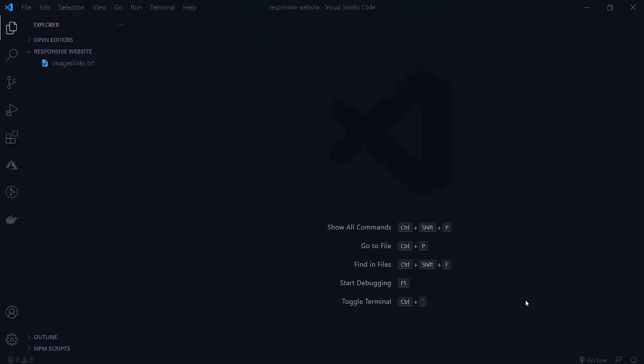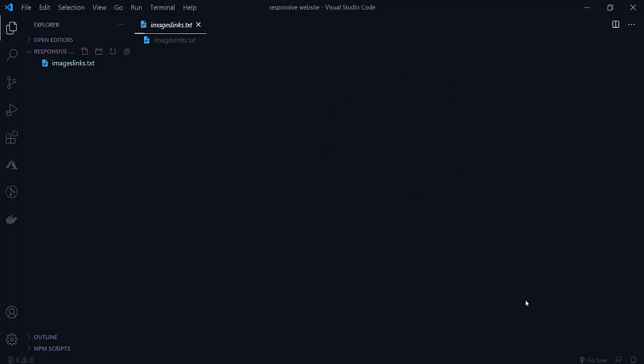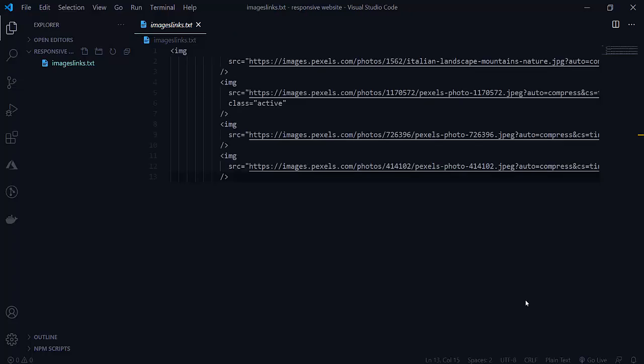Now we are in our coding section here. Here is one folder which is empty. There is just one file here, the text file for our images, because we are going to fetch the images from the web, from pexels.com. For that I collected some images that we are going to use in the banner of our homepage. So these are our 4 images that we are going to use.